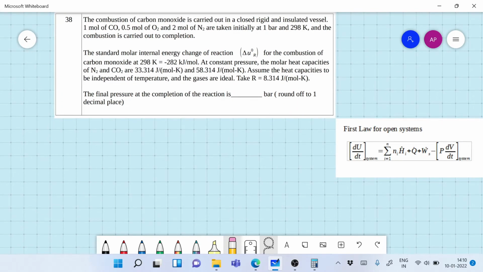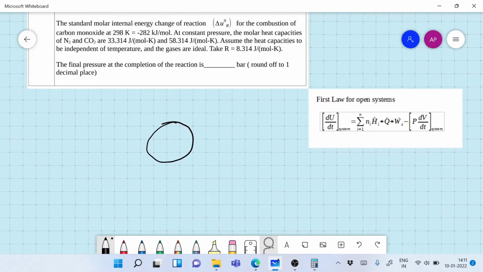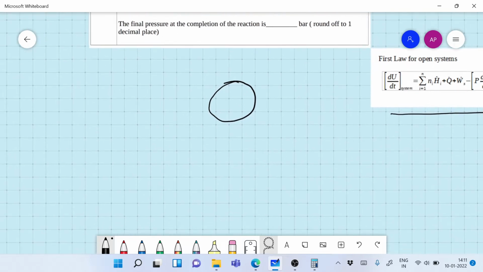First, what is it? We have a closed system. So the reaction happens in the closed system. No mass goes in and no mass goes out. Now the first law for open systems is here on your screen. Now if we apply this, we will get